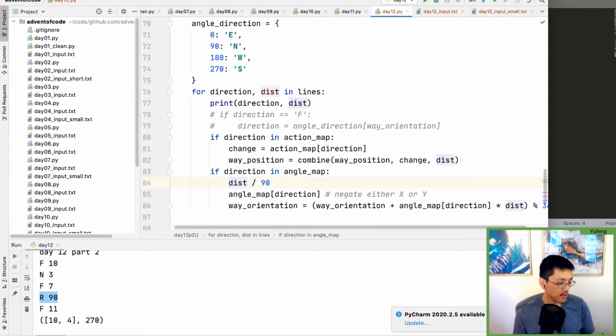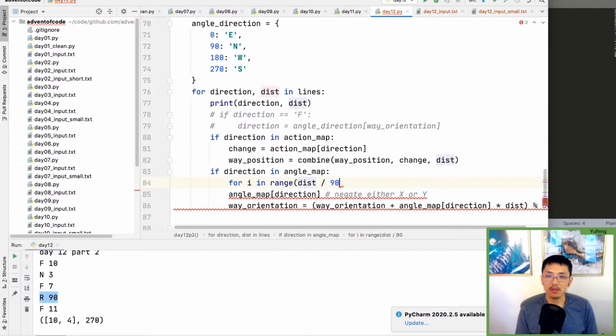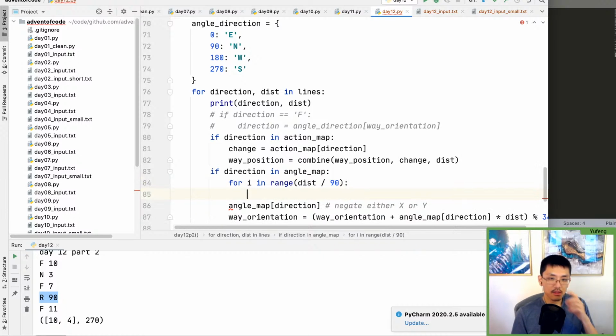And each time we need to negate x. Okay, so chunks equals that, or I guess for i in range of this, right? So if it's 90, it's range 1, it's going to go 0. Okay, that'll work. So then each time we do it, we'll swap